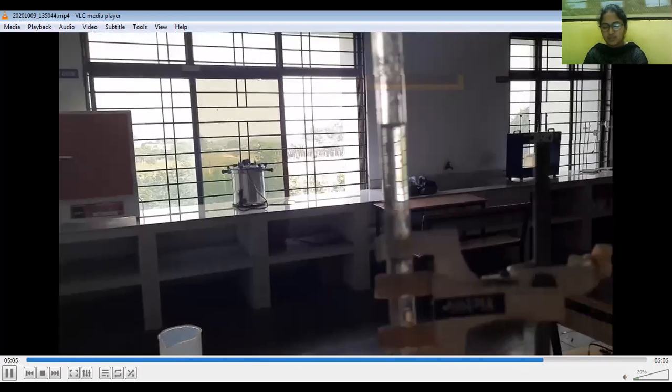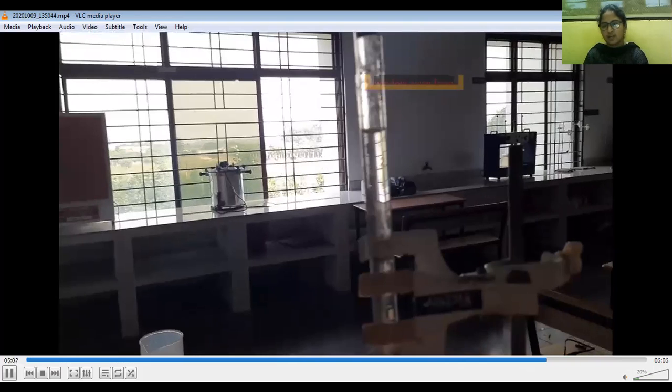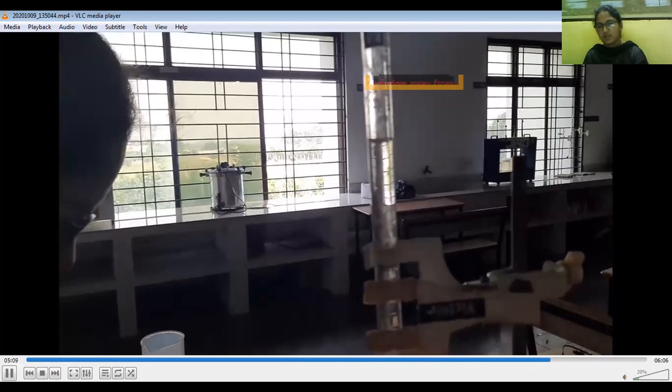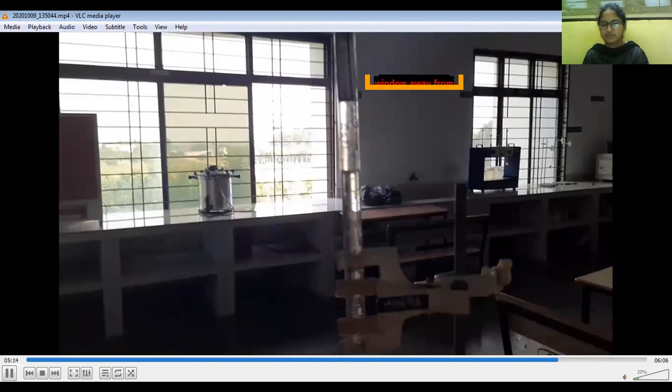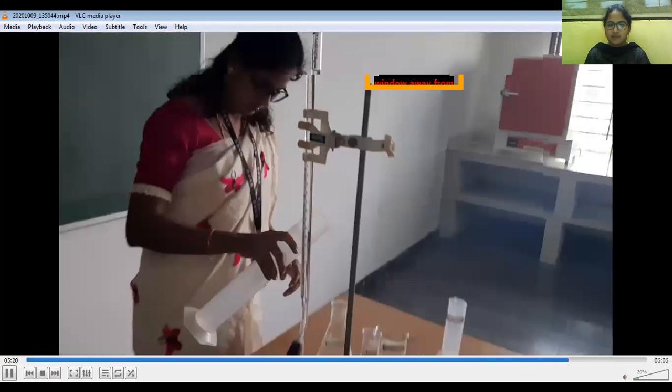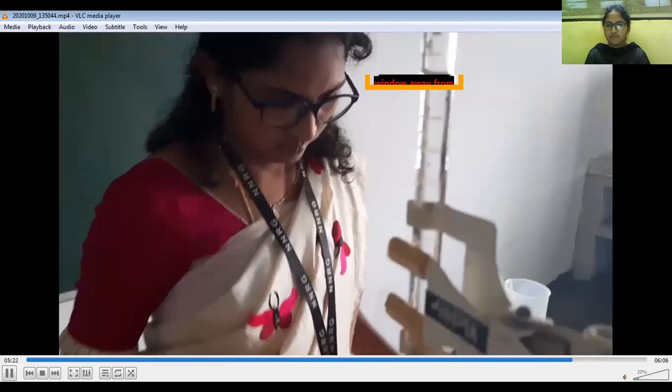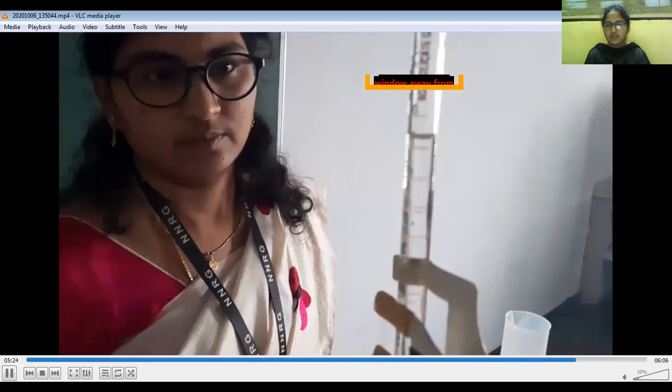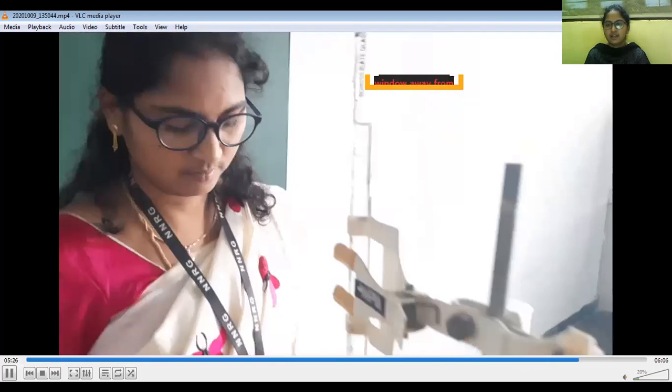Repeat the test until concordant values, concordant readings, are obtained.